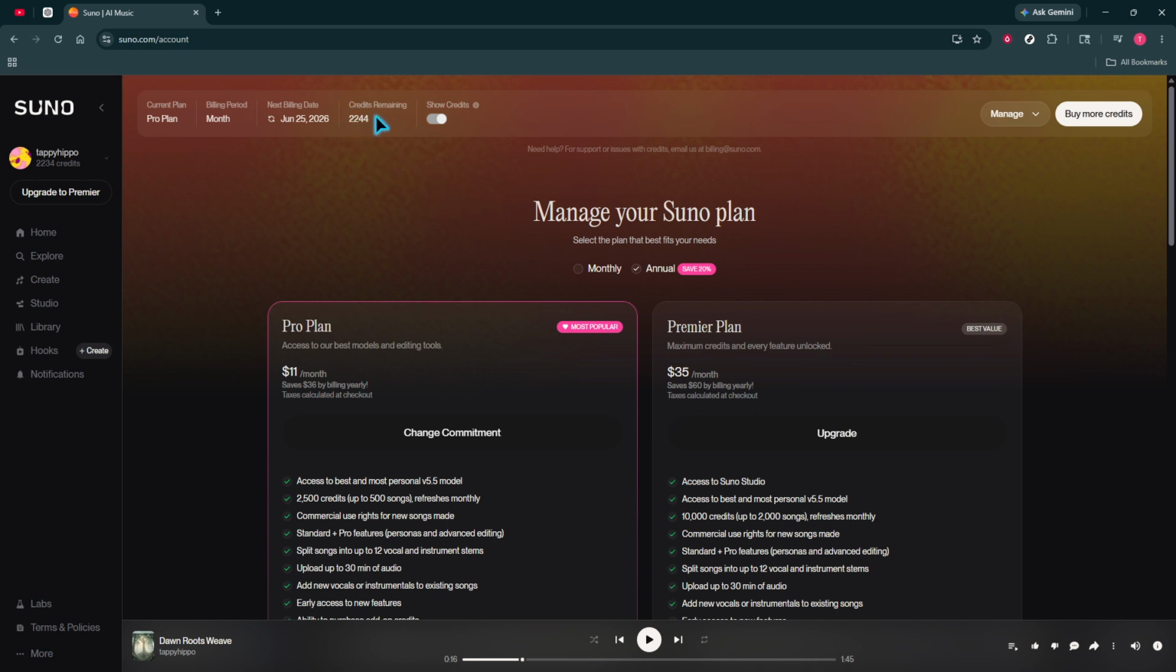If you're not ready to upgrade, you can also wait for the monthly credit reset. Most paid plans refresh automatically each month on your renewal date. Free plans may receive limited daily or periodic credits depending on Suno's current system, so check your account to see